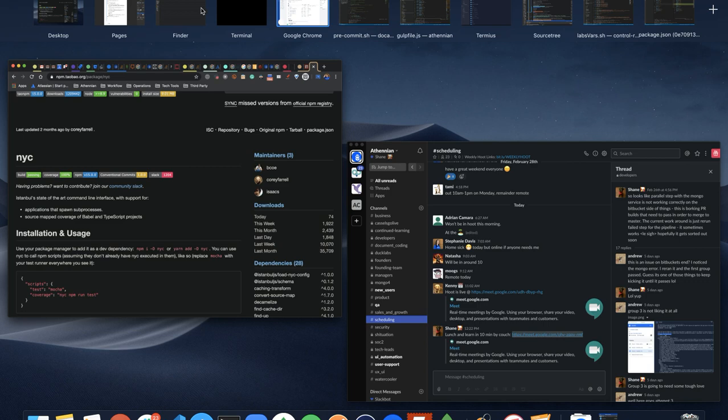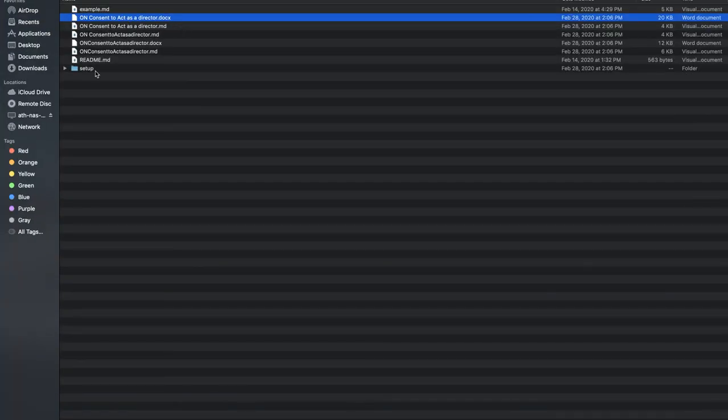Once it's on there, you'll have a little directory like this with some files and a setup file. This is sort of where the guts of the logic live. Everything else is the actual template docs. The only command that has to be run is the setup init file. So you just have to go to the directory and run source setup init.sh,